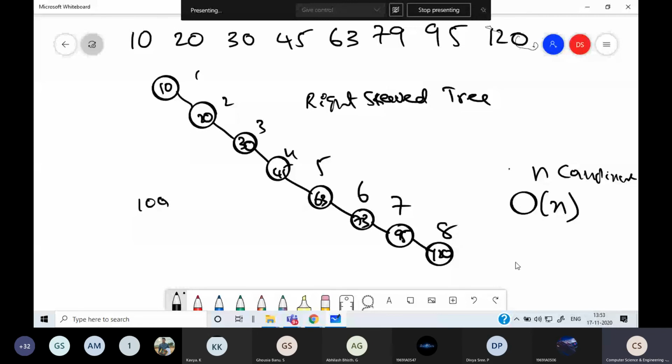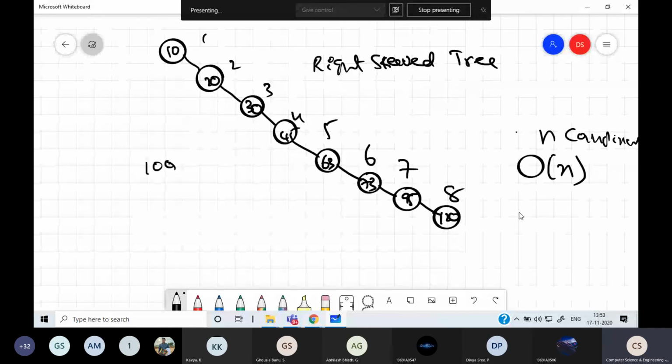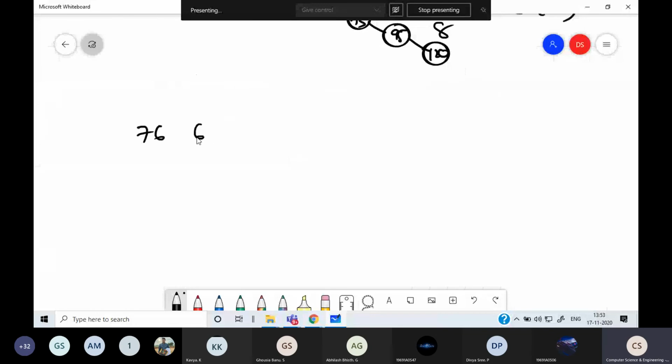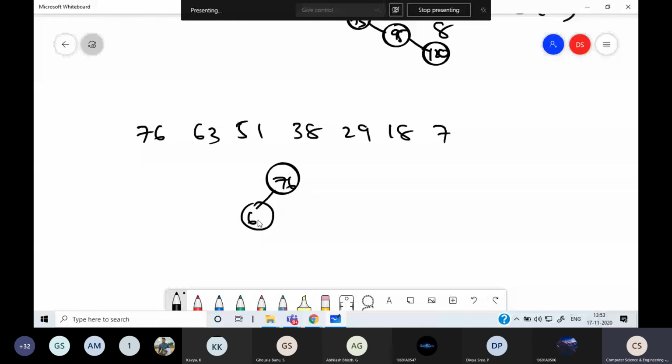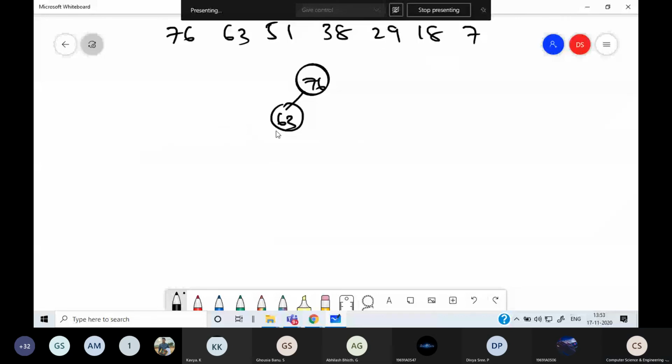Suppose you take the nodes in reverse order, descending order, say 76, 63, 51, 38, 29, 18, 7. Then it will be 76, then 63, then 51, then 38, 29, 18, 7.